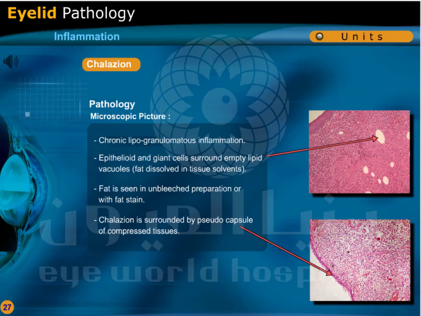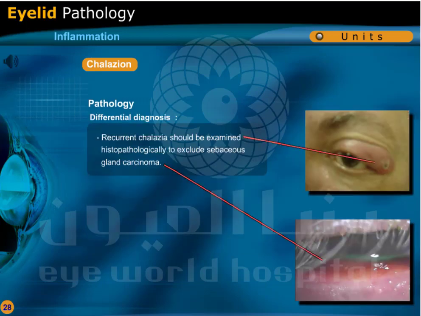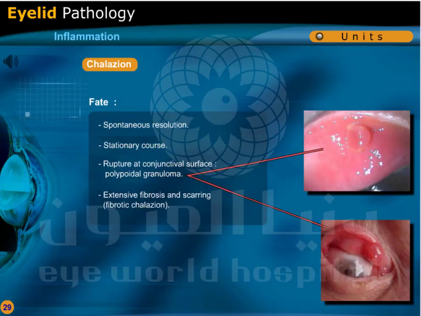Chalazion is surrounded by pseudocapsule of compressed tissues. Recurrent chalazion should be examined histopathologically to exclude sebaceous gland carcinoma. One of the following may be the fate of the chalazion: spontaneous resolution, stationary course, rupture at conjunctival surface forming